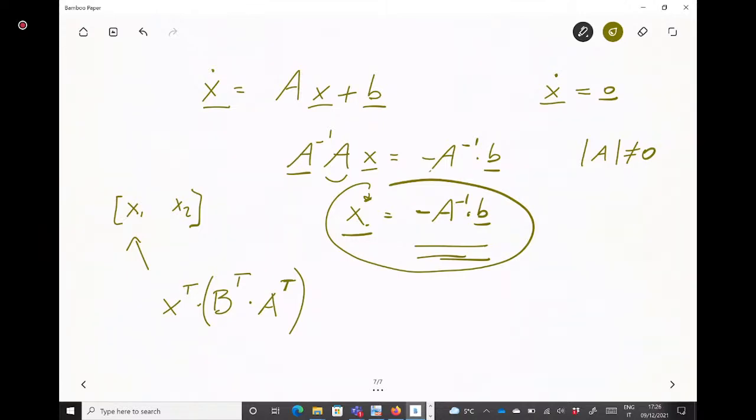But if you remember the properties of transposition, if you have the product between two matrices and you transpose the result, you have the product between the transposed of the original factors, but with the reverse order. So this is just